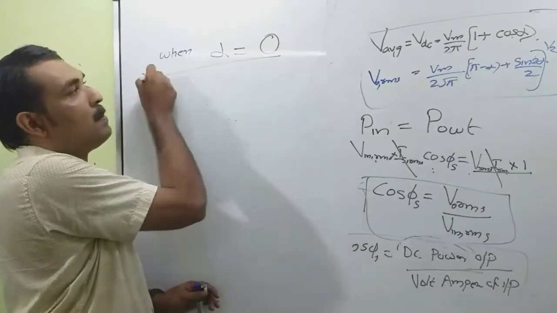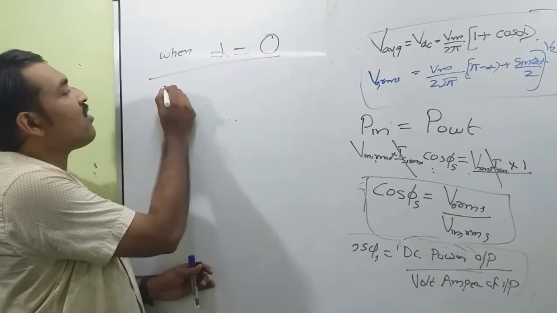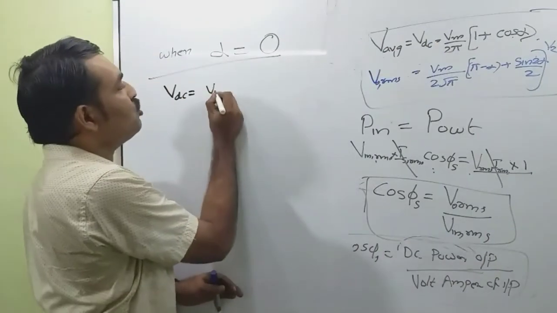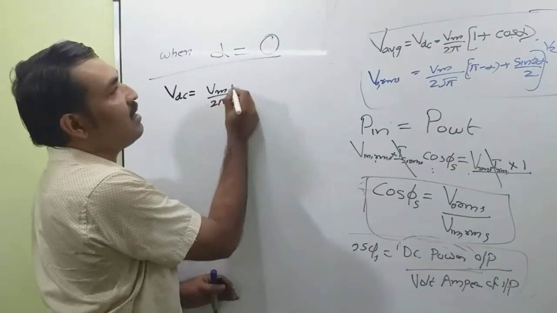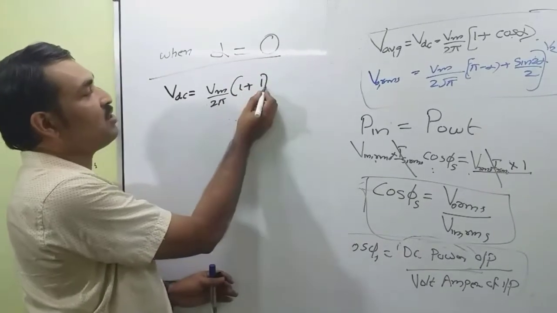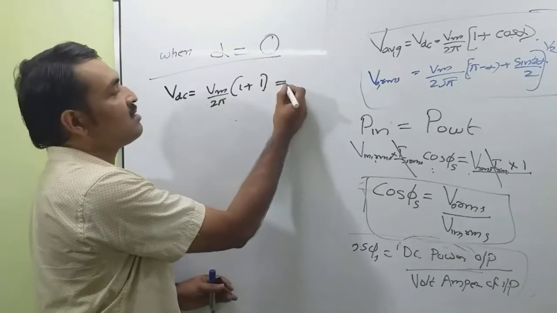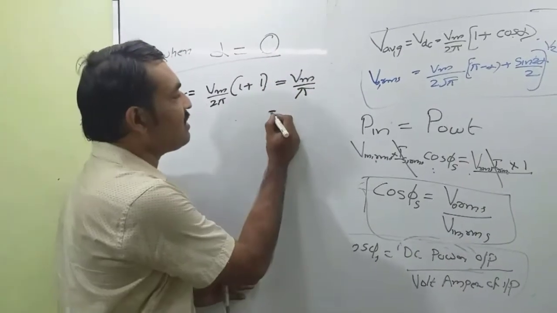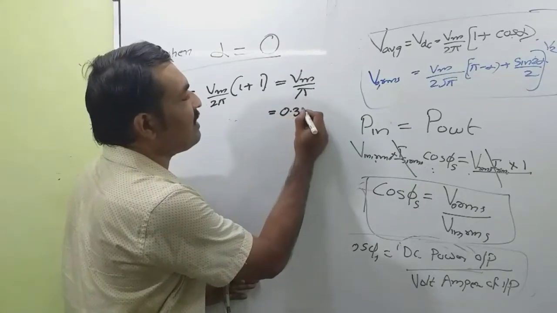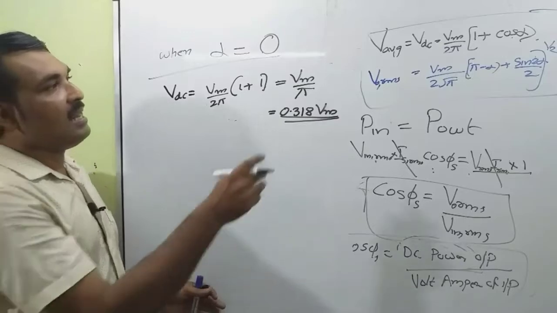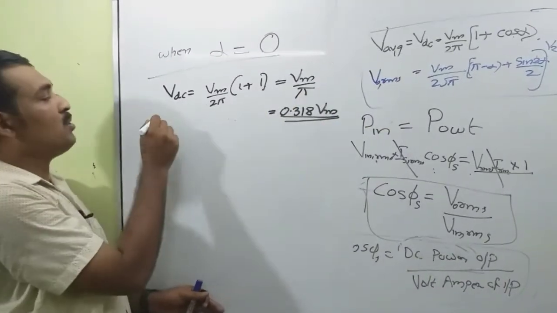0, we have the average value of output, that is VDC, that is Vm by 2 pi into 1 plus cos 0. Cos 0 is 1, so 1 plus 1 is 2. This 2 and 2 get cancelled. So this is equal to Vm divided by pi, which is equal to 0.318 Vm. And RMS value of output voltage, that is